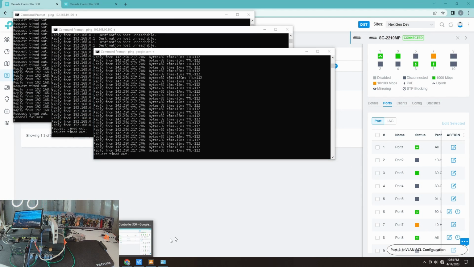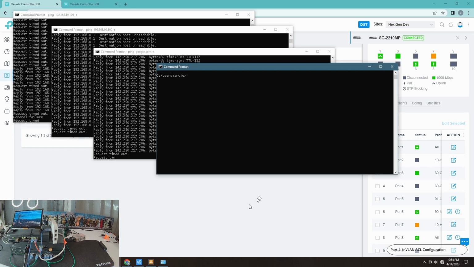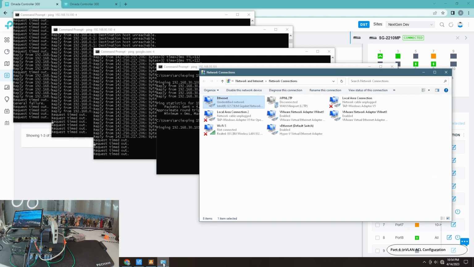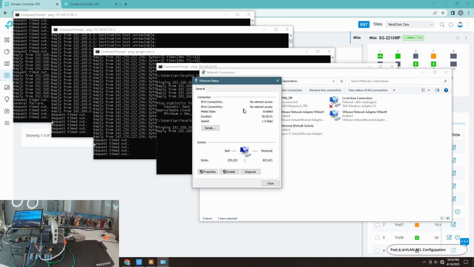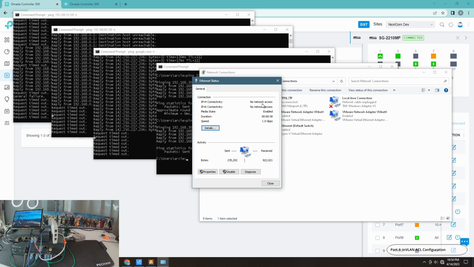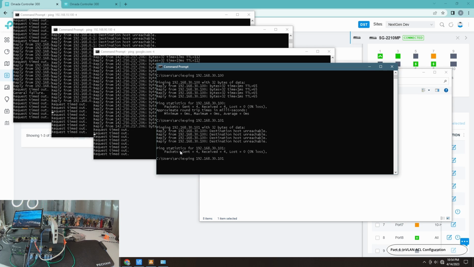Okay, and this one, I'm preparing for the camera being 168.30.100, I believe. So this one is my IP. I'm the 100, and the 101 will be the other one. So how do I know I'm the 100? I know I preloaded it earlier. As you can see here as well, I don't have network active, which is good, right? But the thing is, I cannot reach